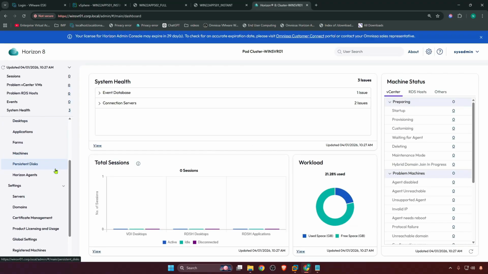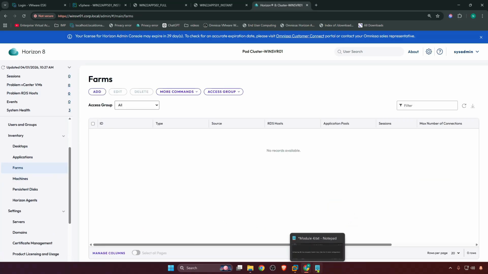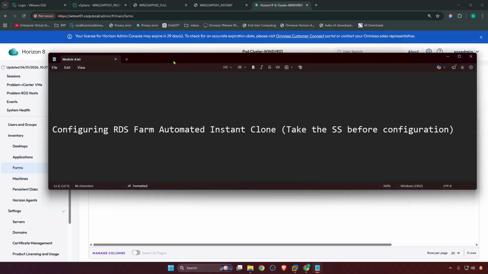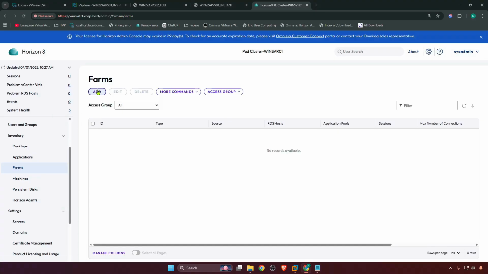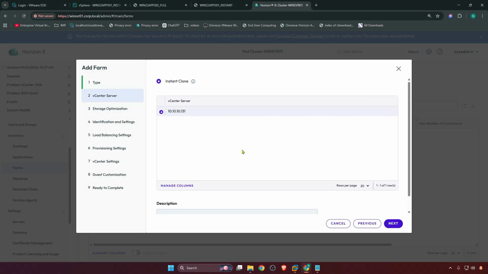Now here we can go to farms, right? First we need to create a farm, right? What is this video all about? Configuring RDS farm automated instant clone. Okay, farms, we are here. Click on add automated farm. Okay, next, instant clone, next,